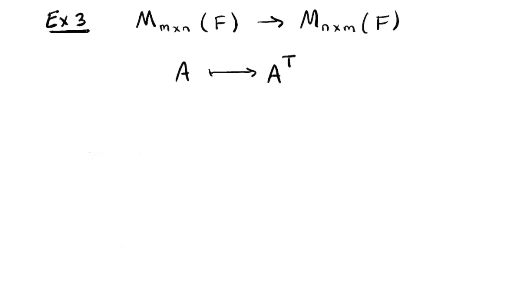This time my vector space V is the m by n matrices, m rows and n columns. W is the n by m matrices, n rows and m columns. And I'm not even naming the function this time. I'm not going to call it capital T. This is an alternate notation. I'm just saying that a matrix A that's m by n, I send it to its transpose. Remember that notion from before? The transpose of an m by n matrix is certainly n by m, and it's linear